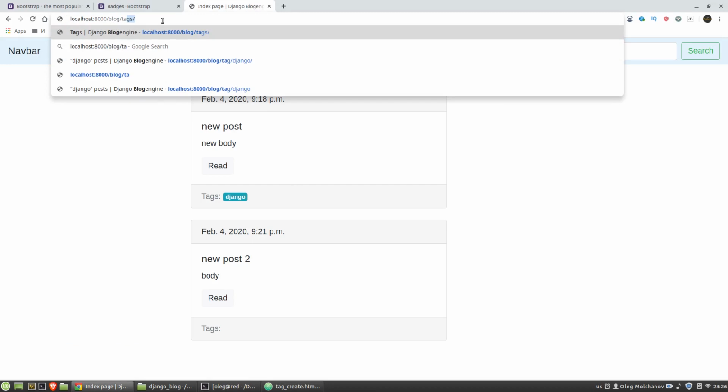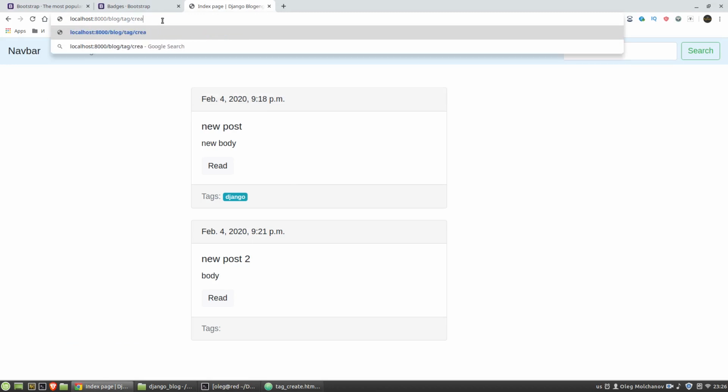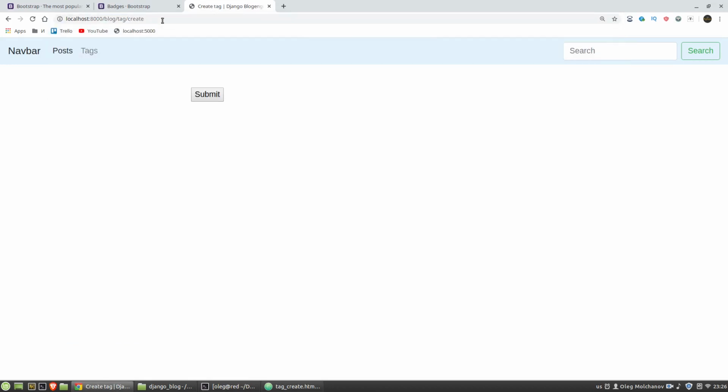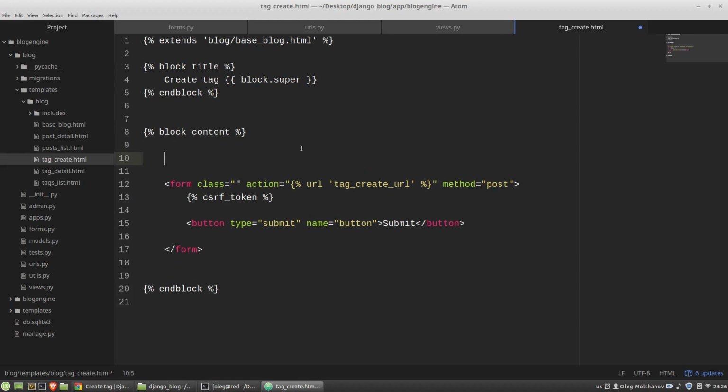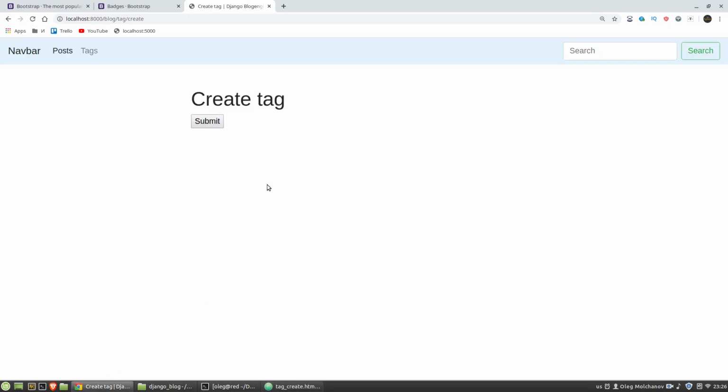Blog, tag, create, and we can see my form with this button. Let's create an h1 tag. Okay, it works, but I need two fields for the title and the slug,